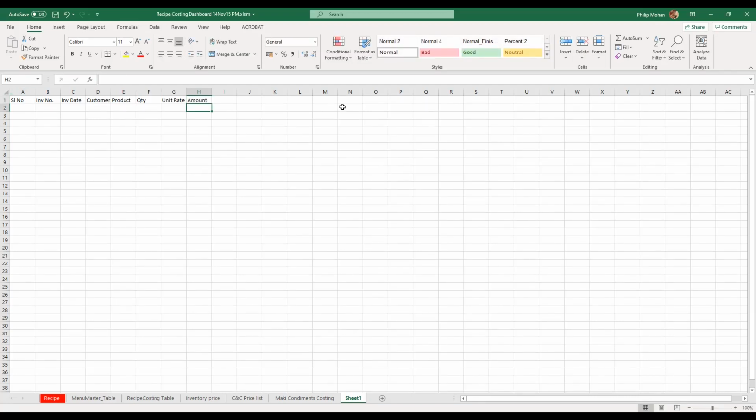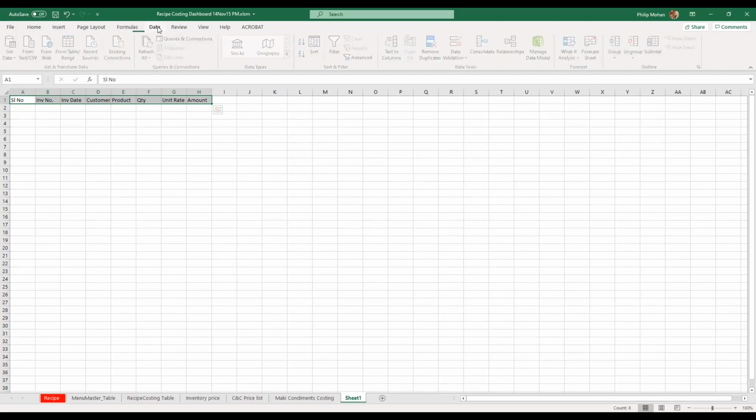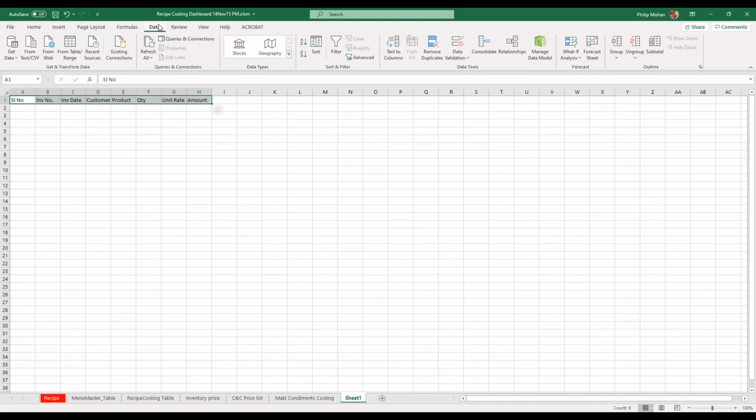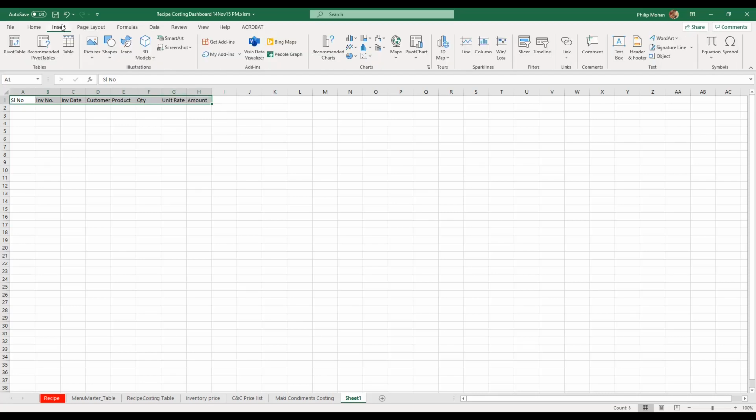Okay, now this is a pretty standard table for selling invoices. So what we can do to create a table, even before we have information, I hope this works out, is highlight the headings and then go to data. Sorry, not data, insert. So go to insert and then say table, okay?